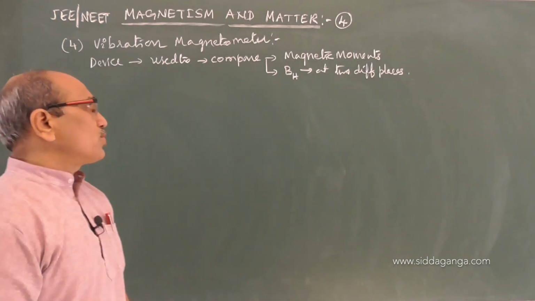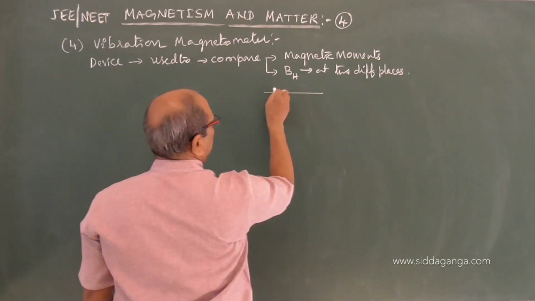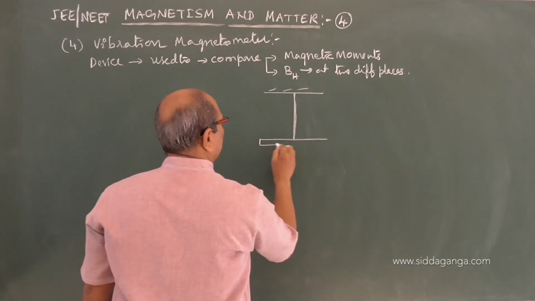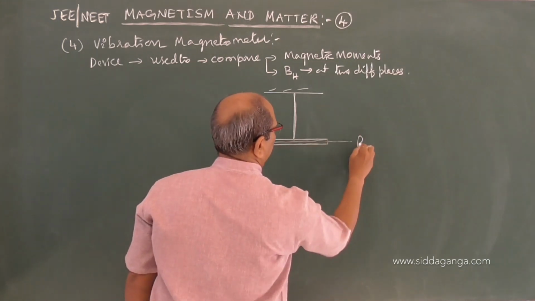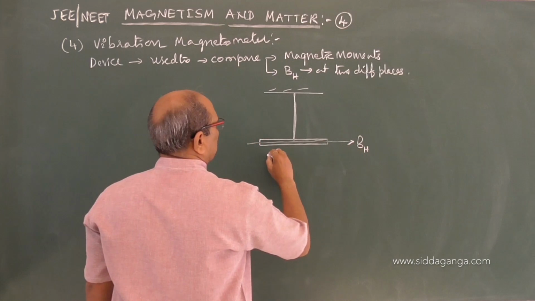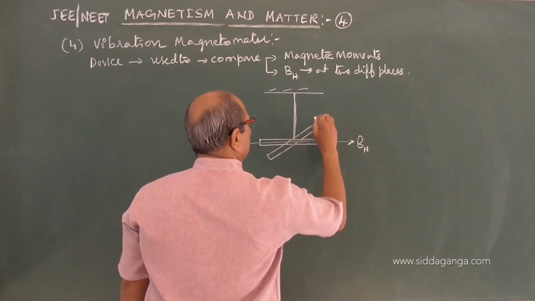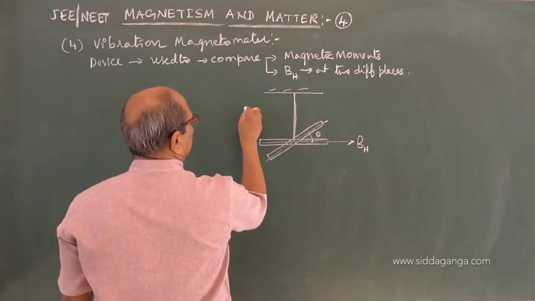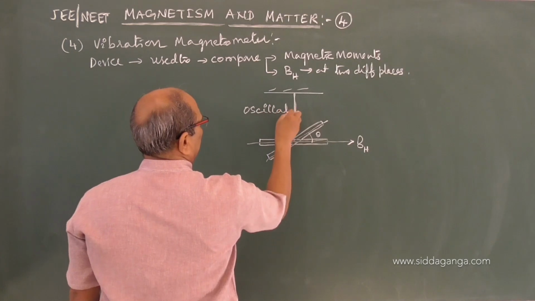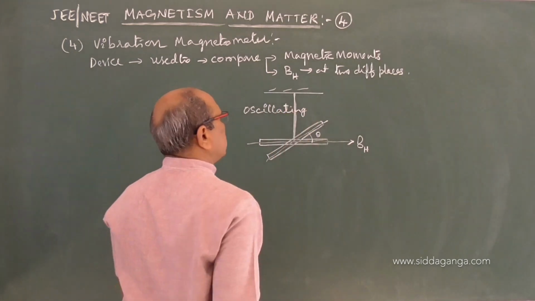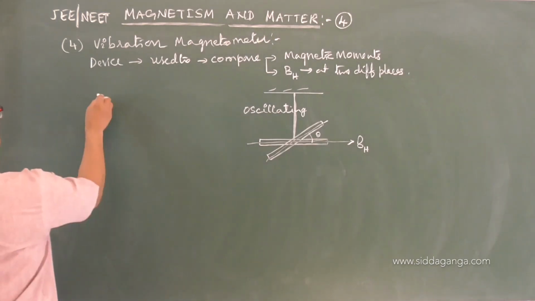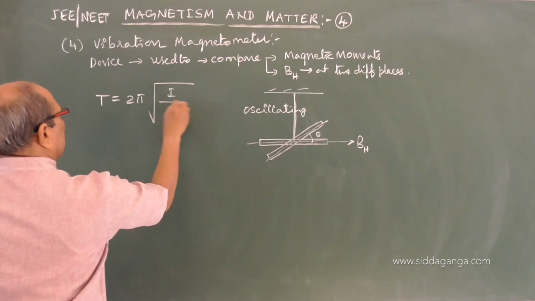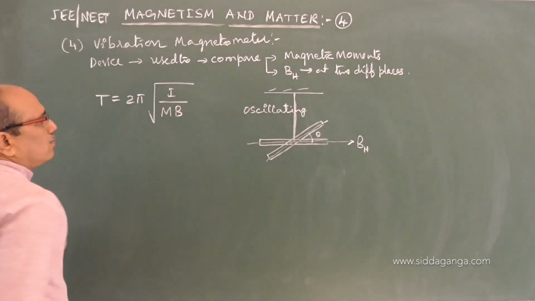The device consists of a suspended magnet that comes to rest in the direction of the earth's magnetic field BH. Suppose we apply a force and turn it to some angle, then it starts oscillating or vibrating. For these oscillations, the time period can be shown to be equal to 2 pi into root of I upon mB, where I